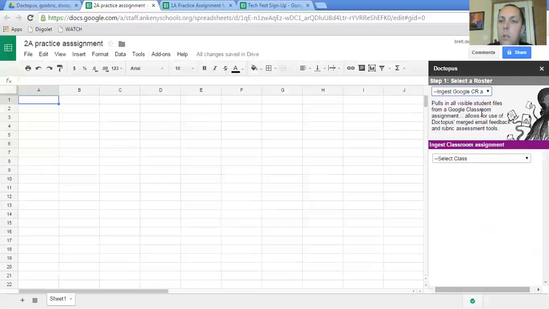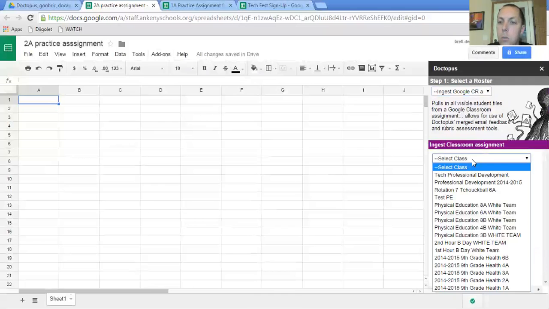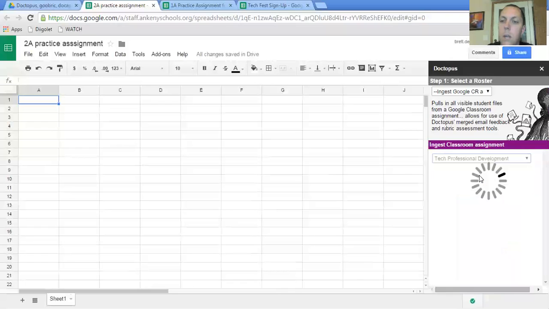I pull this up, and it tells me which class I want to select. I'm going to select this Tech Professional Development class, and the assignment is my practice assignment for PD. This assignment is one that these students had opened up and begun to work on. They don't have to be completed, they don't have to be turned in, but they do have to be opened up for Doctopus to be able to find them. It will take just a little bit, so while it's spinning,